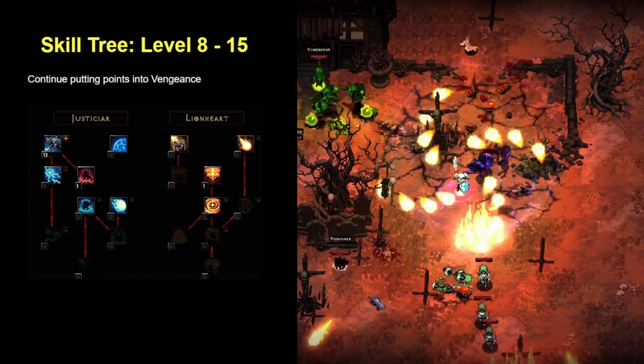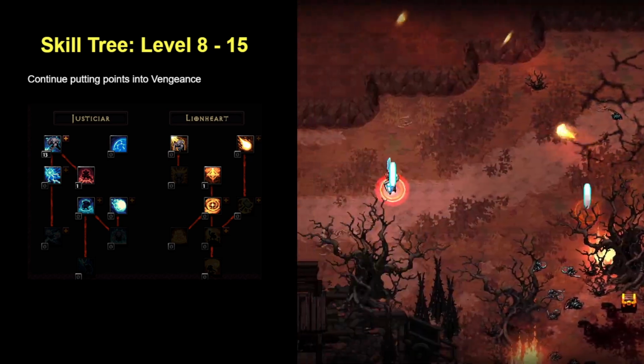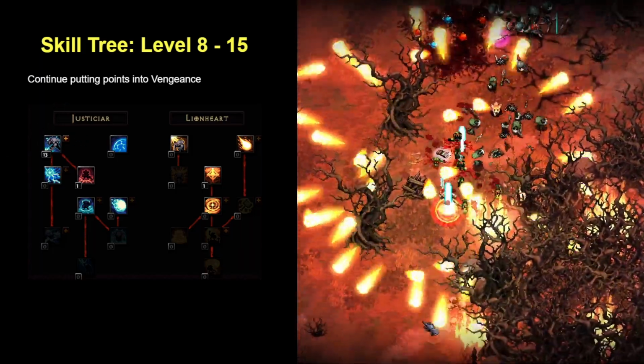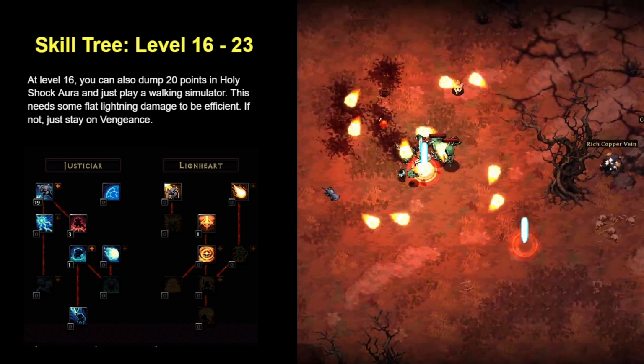Now at level 8, we're going to continue putting points into our vengeance skill, but 1 point into fanaticism. This actually gives you a little bit of attack speed for that 1 point. I wouldn't put anything more than that 1 point in there, but just getting as much juice on vengeance as we can. At level 16, we're also going to dump 20 points into Holy Shock Aura, and we can just